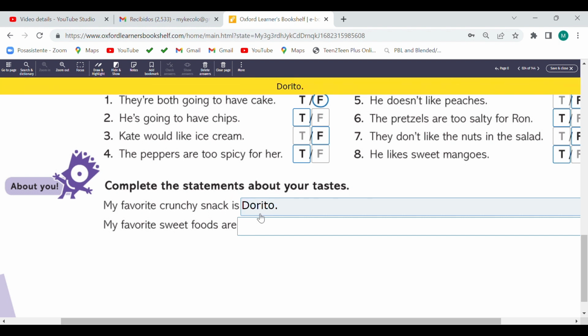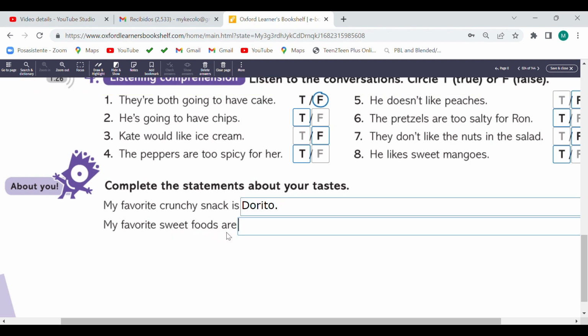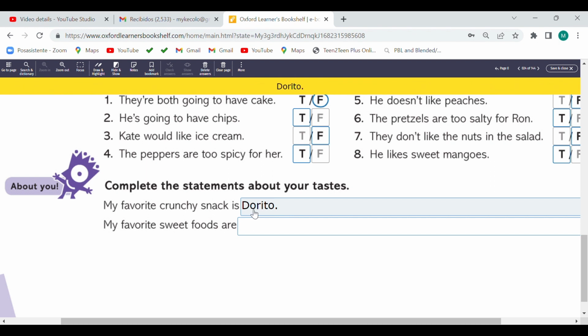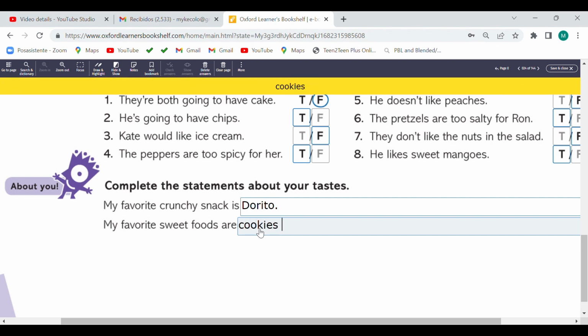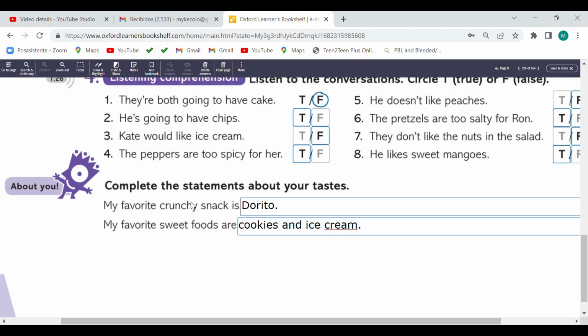And my favorite sweet foods are, here it only says "is," one, right? Are, well, sweet is cookies and ice cream, for example. Two crunchy foods here, right? Snack. And here two favorite foods, they can be sweet foods: cookies, ice cream.